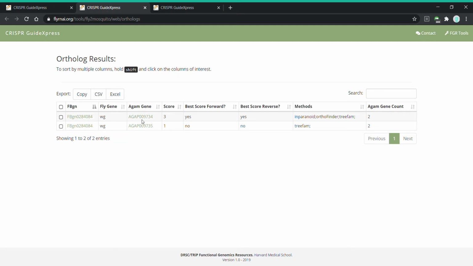Clicking on either of these will link you to FlyBase or VectorBase, and we give a score for the mapping. The higher score is a better mapping, and we show whether or not the mapping for this particular gene was the best score from fly to mosquito as well as from mosquito to fly, and then the ortholog prediction tools that were used and found this particular mapping. So I'm going to copy this gene that we found,